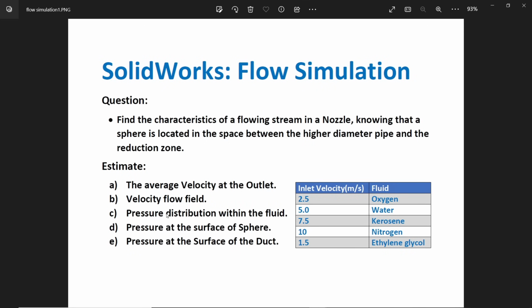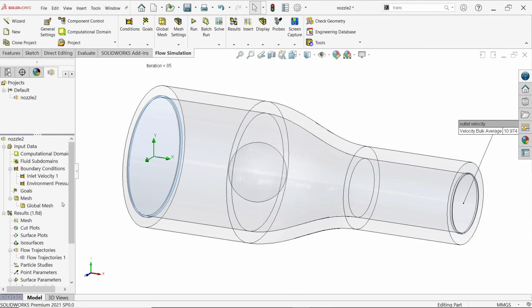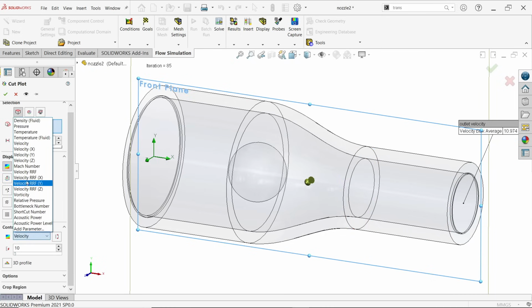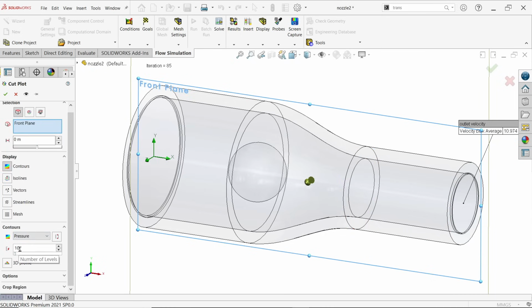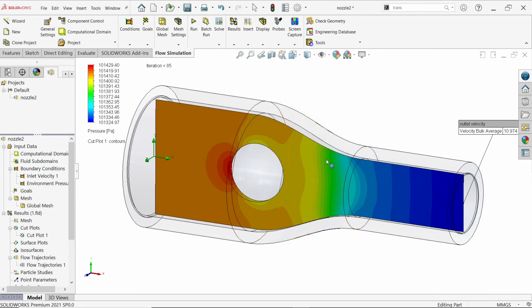Stop. Now here the next problem is pressure distribution within the field. Okay, so just simply right click, hide, cut plot, insert. Now by default the front plane is selected because this is suitable for us, contour, and we want here pressure, simply choose pressure, and if you make more number of contours, more number of levels, it will give the accurate result. So let's say 30, say OK. Look,